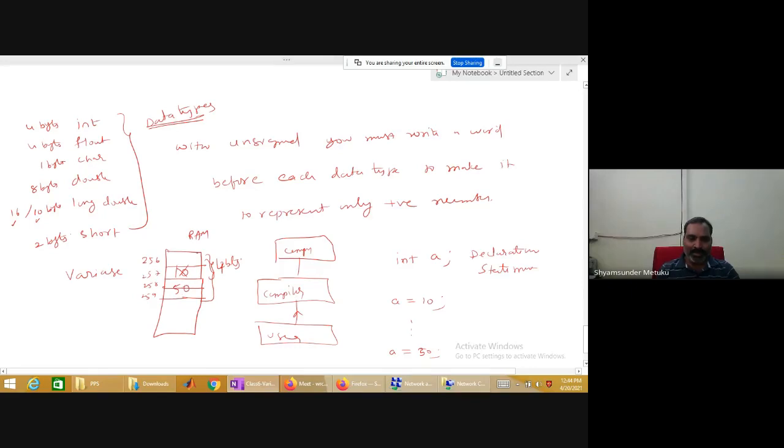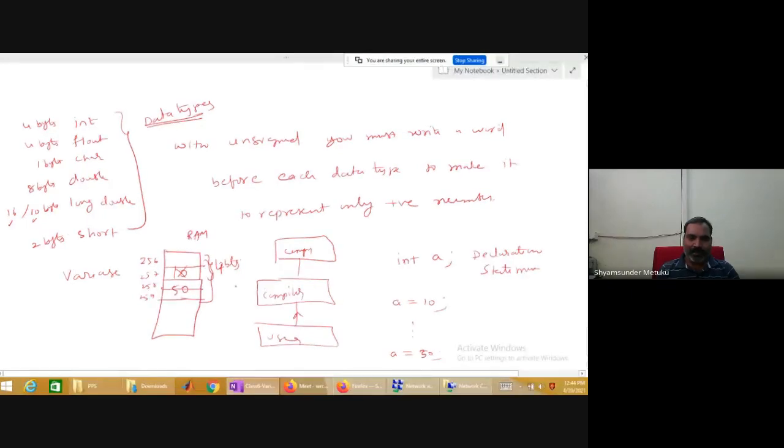So whenever the memory is created by the compiler with the property that the value can be modified during the execution of the program, that name is called a variable. A is called a variable. When you write something here and do not want to modify it during the program, that is called a constant. That I will explain in the next class.